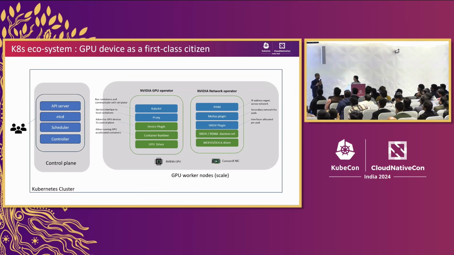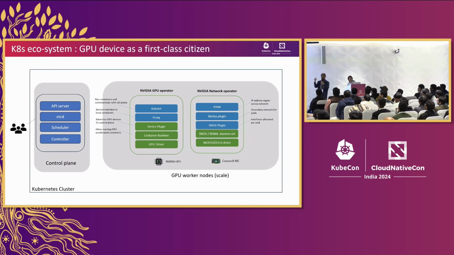Similarly, as we know, when training and inferencing, one GPU is not going to do the job, or one node is not going to do the job. You need a cluster of them, right? So how do you connect the GPUs in a way which can scale? I think slightly after lunch, there was a talk from Red Hat, right? They talked about how they build a multi-GPU training pipeline, and they used RoCE, InfiniBand.